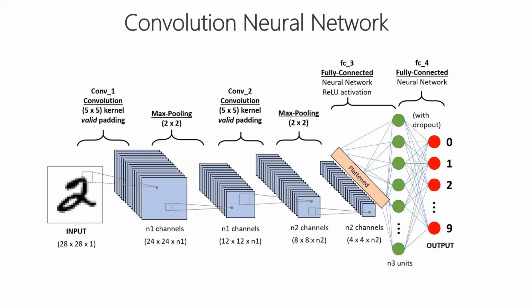Now our motive is to identify what the exact handwritten number is. Normally the numbers start from 0 and go till 9, so we have 10 numbers. If it is like 234, we would have 234. In that case, here we have only one number, which is 2. So that's why our output layer will be of size 10, because it's starting from 0 to 9. So this is our output layer. Here you can see the output layer size is 10.